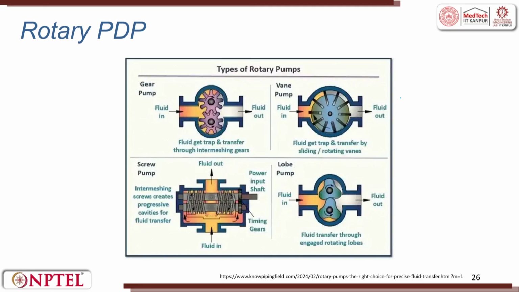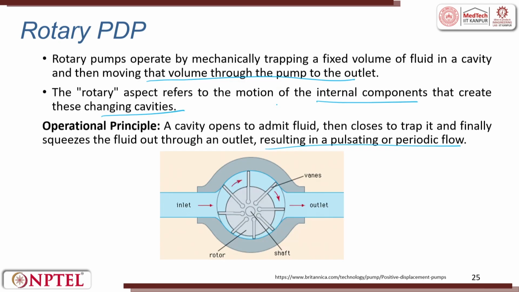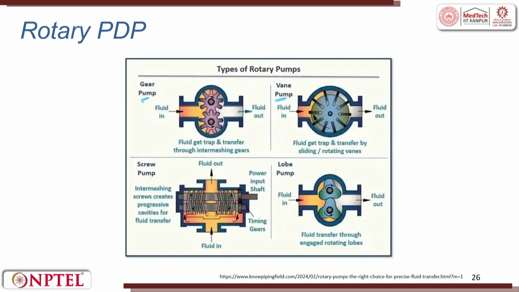Okay. So, here is a typical rotary pump. You can see a fluid flowing inside. This is otherwise called a gear pump. It increases the pressure and there is a flow out. Right. You can also have vane pumps. These are all vane pumps. Here two gears are meshing and then you create the cavity. So, in a vane pump, what happens? The fluid is flowing inside, and there is a vane which is created.